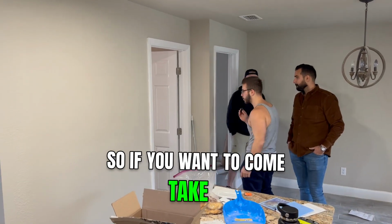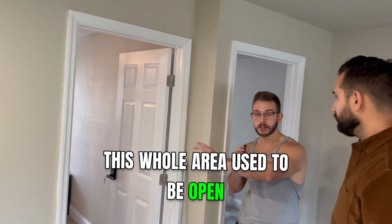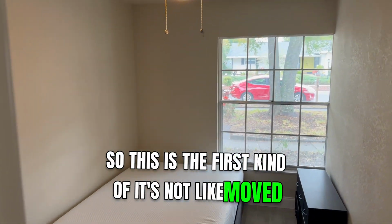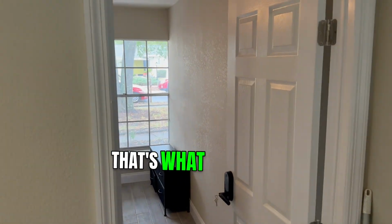So if you want to come take a glance. So this is the living area. Yeah, here. This whole area used to be open. It's that front door access over there. It was all open. So this is the first, it's not like we've moved the furniture around the way we want it to be yet, but in terms of it being built, that's what we're aiming for it